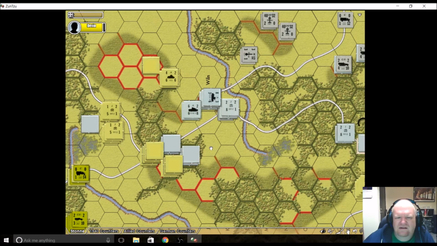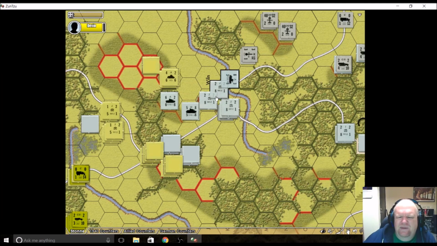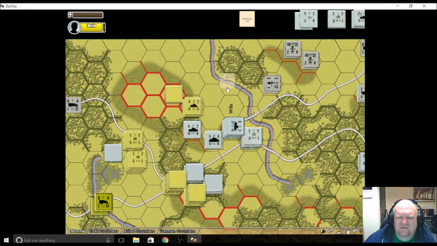3. Six. Do those Hotchkisses want to do op fire? Because if they do op fire, they're not going to be able to fire at the town. Yeah, but you know what? They've got turns. They've got time. So yeah, those Hotchkisses are going to go ahead and fire at the Panzerkampfwagen 3s. So it's going to be 8 doubled for armor. Anti-armor is going to be 16 to 6, which is going to be